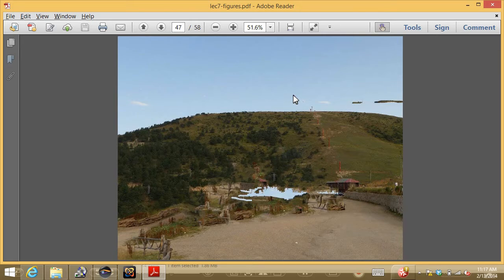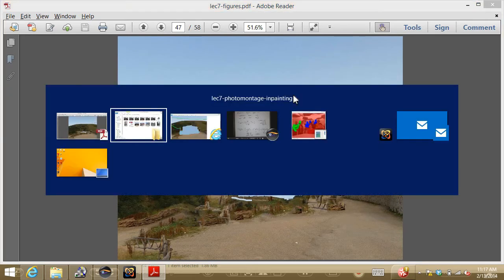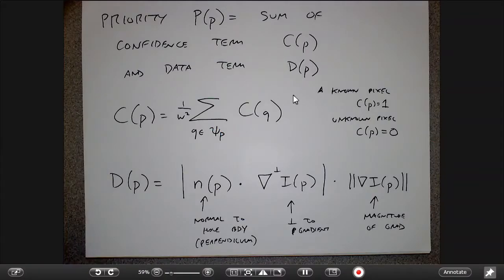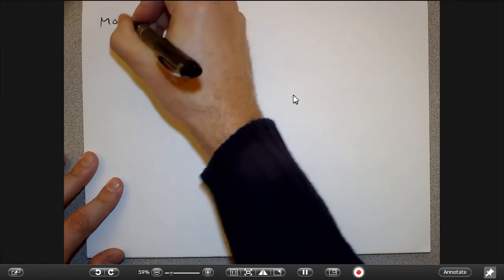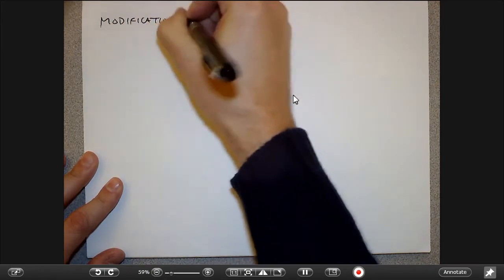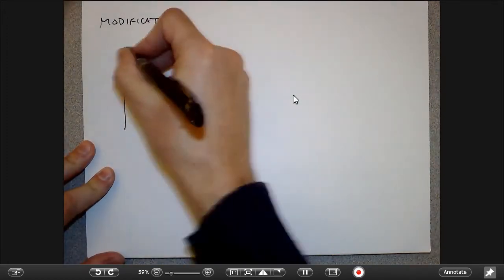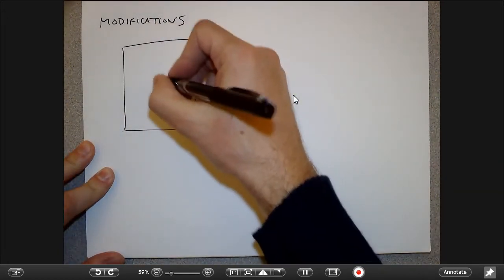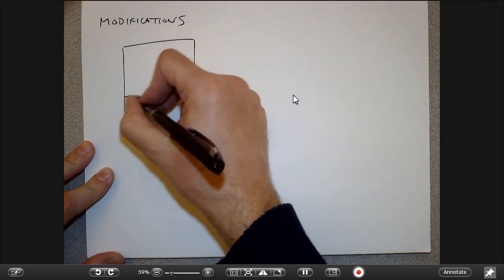My final comment is that people did modify this algorithm in ways that made it smarter. One of the most frustrating things about the original algorithm was that you couldn't intervene. There's nothing in the algorithm that really forces things like straight lines to be connected through the hole. So the problem is that you could easily get a situation where, say this is the hole,